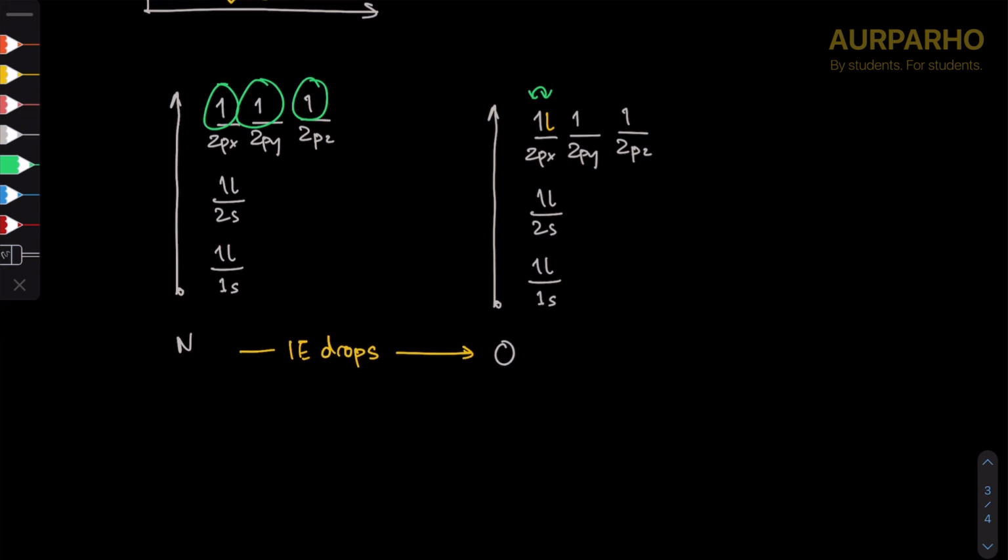So we have to put in less effort, and we have to put in less energy, which is why the first ionization energy of removing this outermost electron is actually less in oxygen as compared to removing any one of these 3 electrons that are in equal distance away from the nucleus and are at a maximum distance from